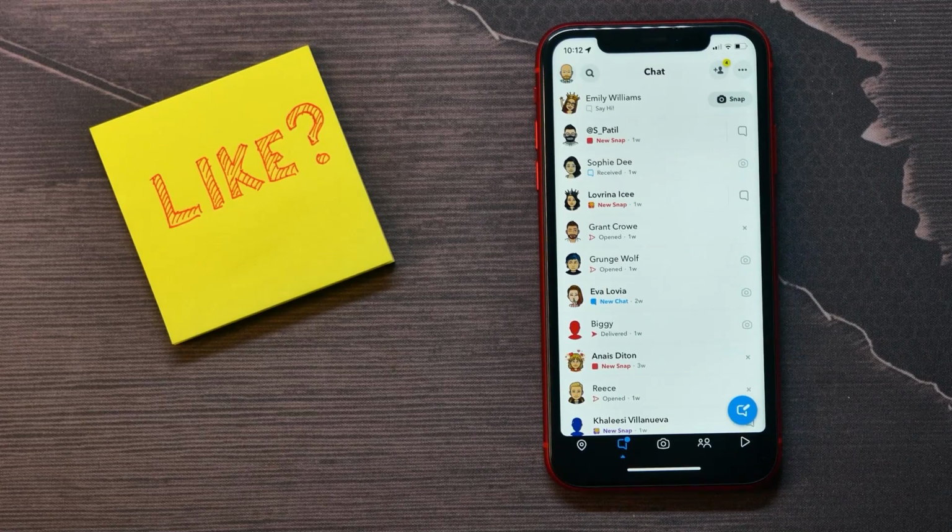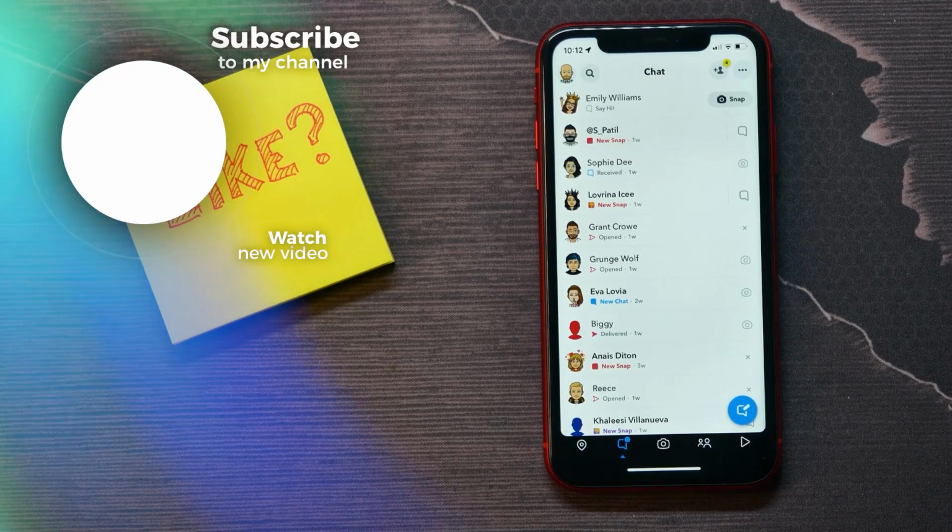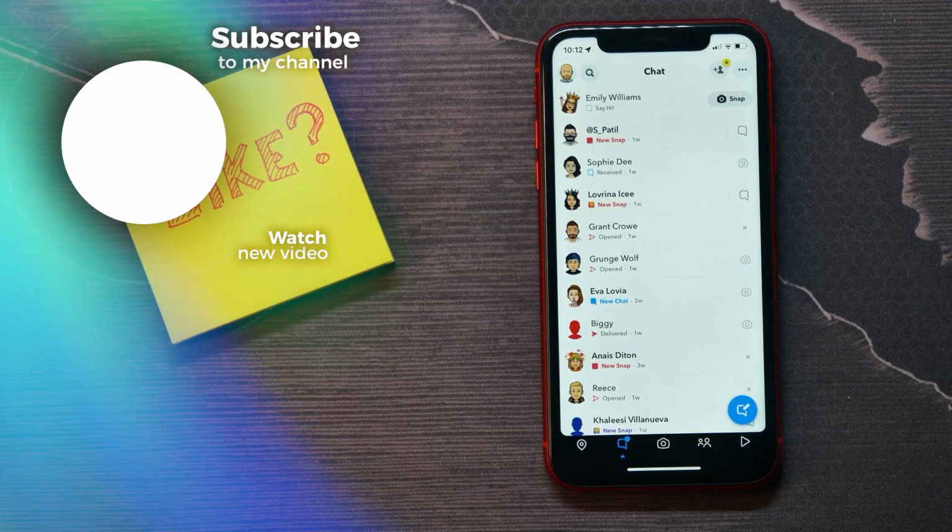So in that way you can do Snapchat half swipe and read messages without them knowing,